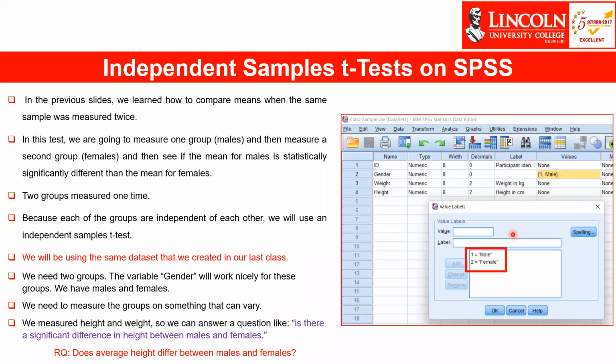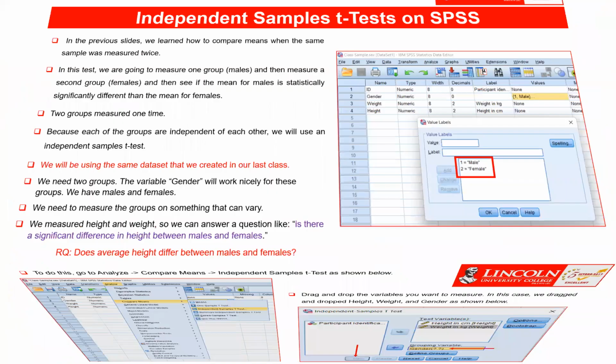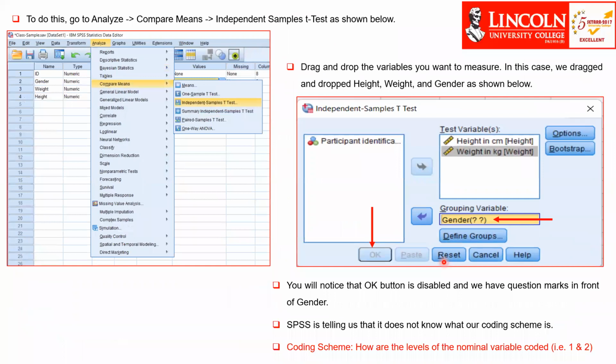So we measure height and weight so we can answer a question like, is there a significant difference in height between males and females? In this case, the research question could be, does average height differ between males and females? Okay, so to do this, all you need to do is go to Analyze, go to Compare Means, and select